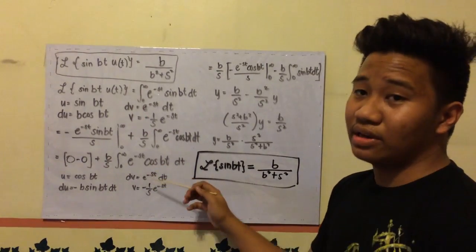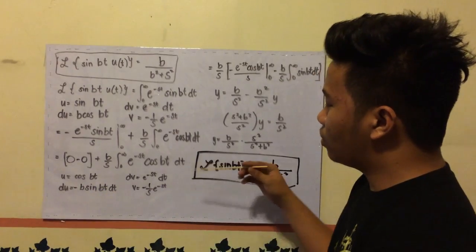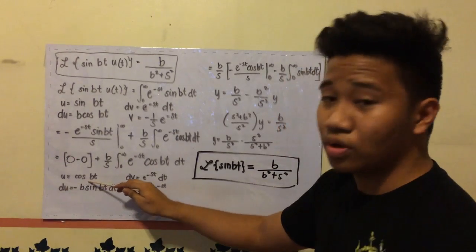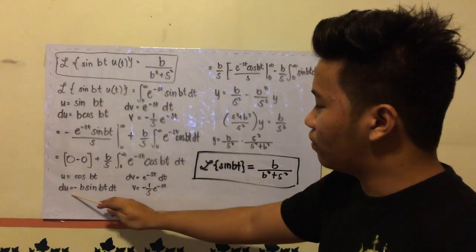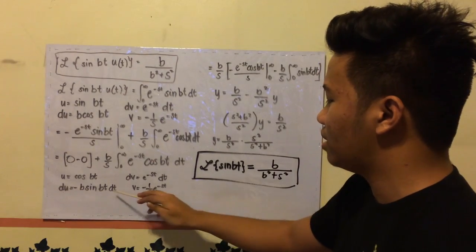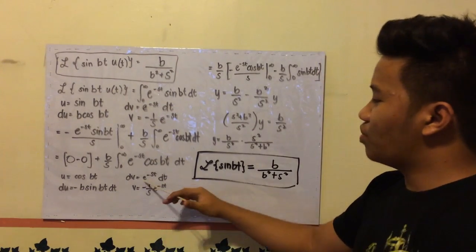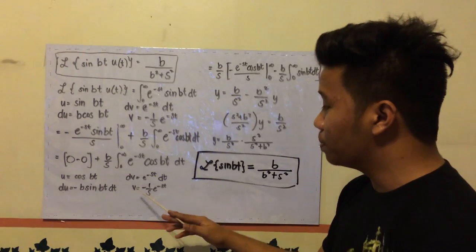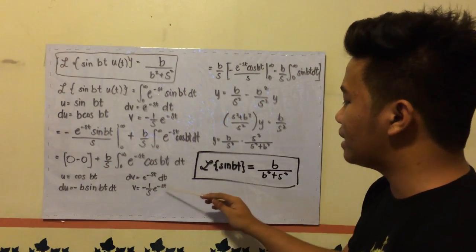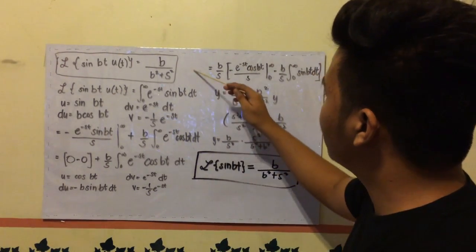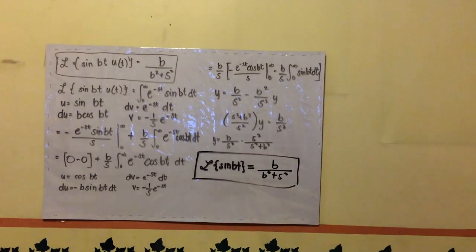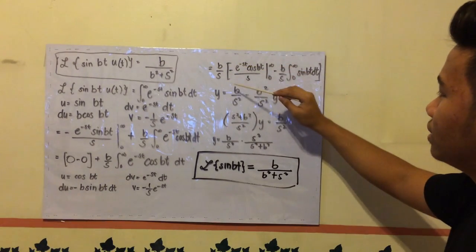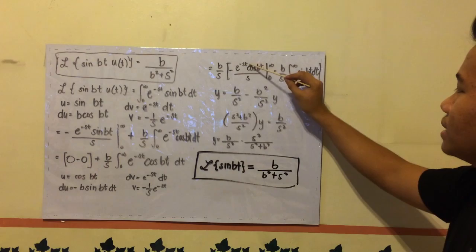So another integration by parts. So we will set our u, du, dv, and v, where u is equal to cosine bt, and the derivative of cosine bt is negative b sine bt dt. So the dv is equivalent to e raised to negative st dt. So using integration, we will come up with v equal to negative 1 over s e raised to negative st, which will lead to this equation when we plug in those variables. So b over s in close parentheses negative e raised to negative st cosine b